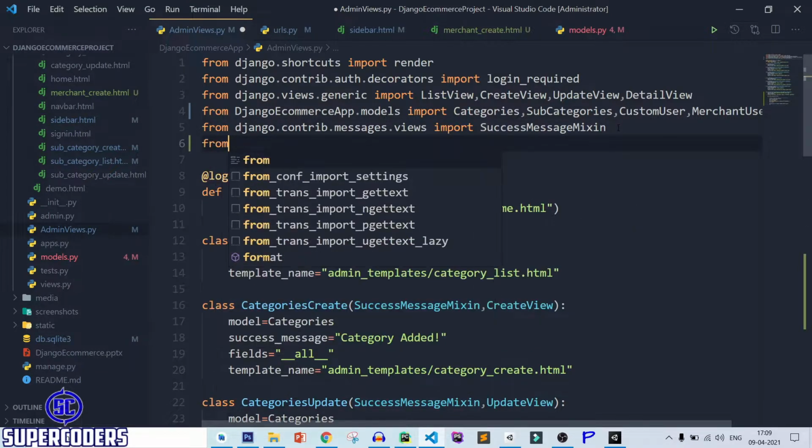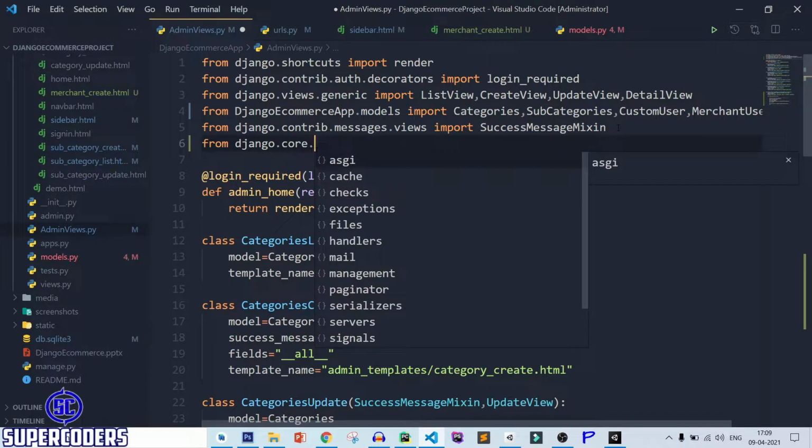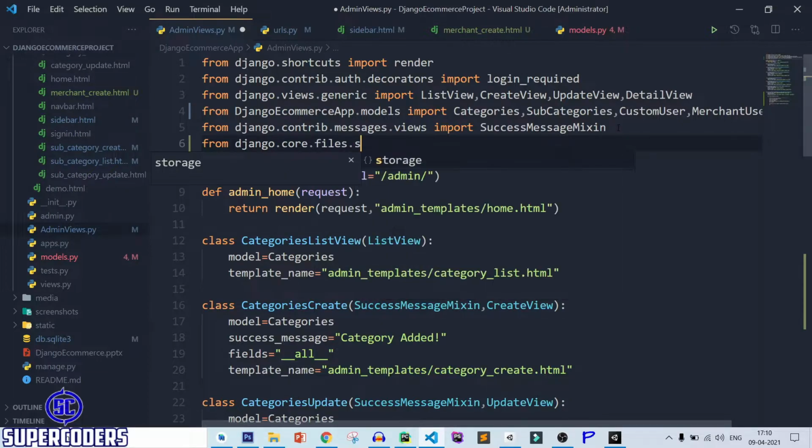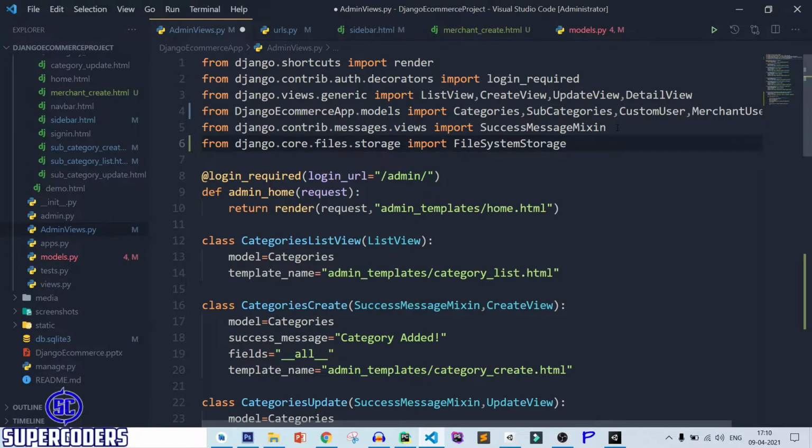So from django.core.files.storage import FileSystemStorage.